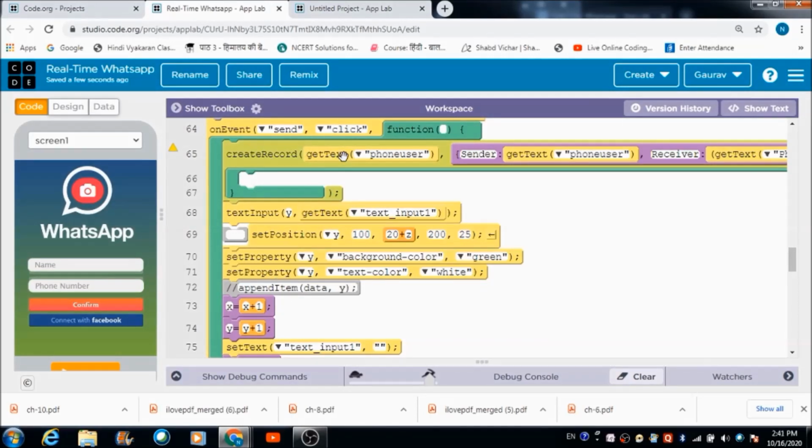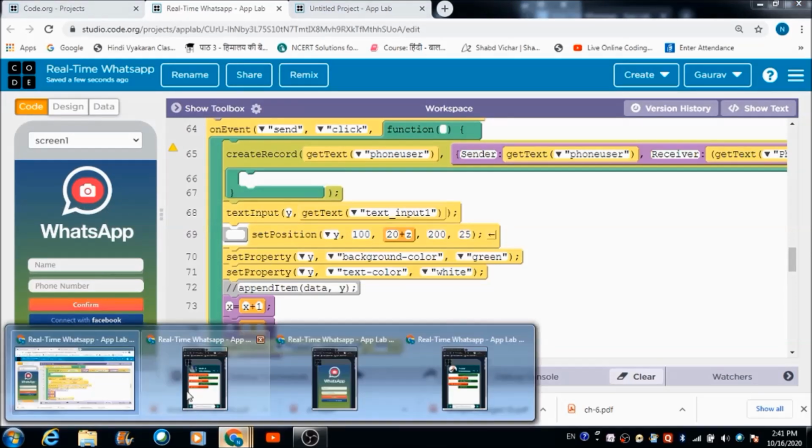So this table is going to get created. Besides, once the table gets created, automatically what's going to happen? A text input, this is a dynamic input box which will get created automatically here.